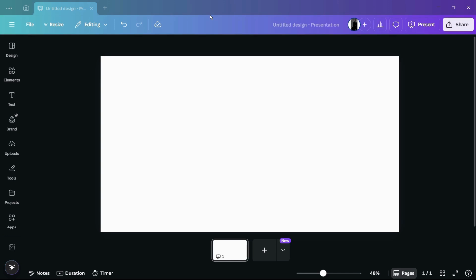How to use the color picker or the eyedropper tool in Canva. So hey guys, in this tutorial I'm going to show you how you can use or utilize the eyedropper tool